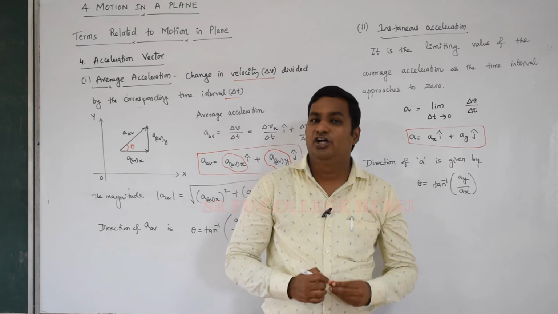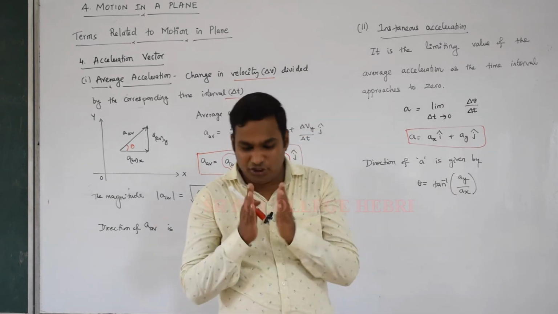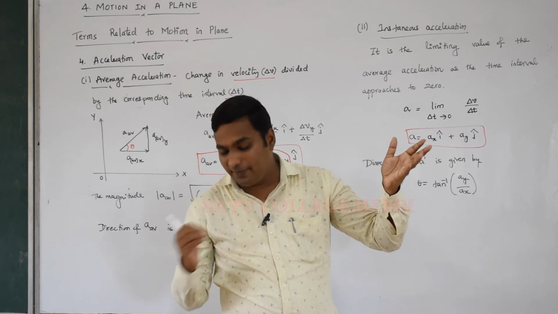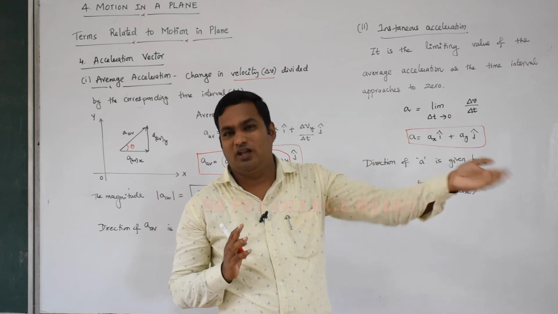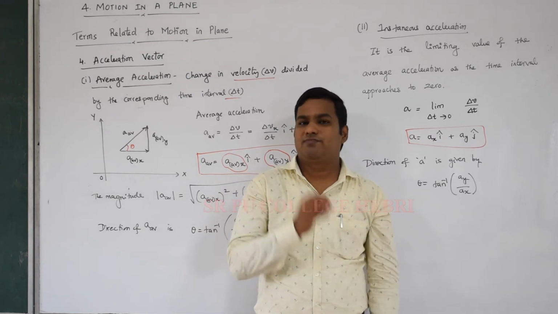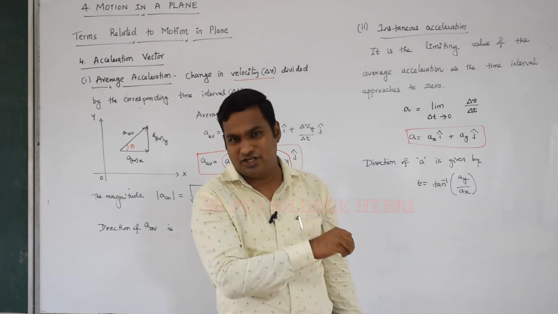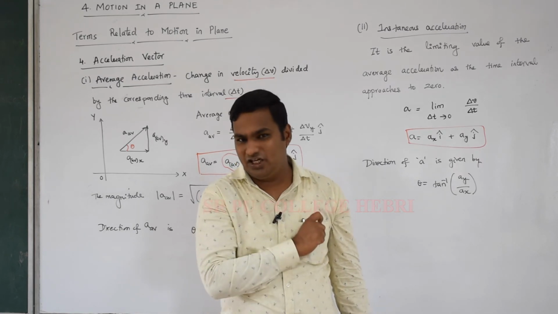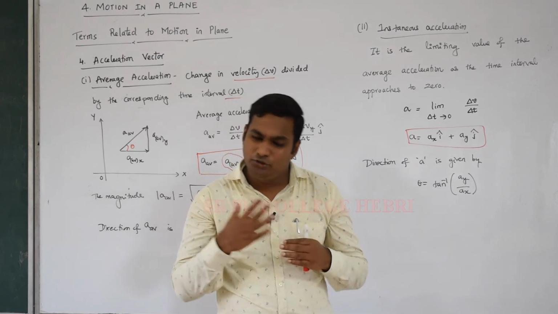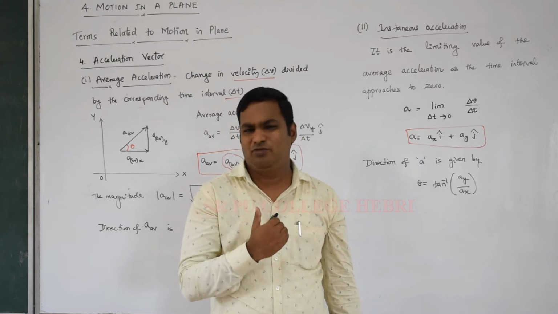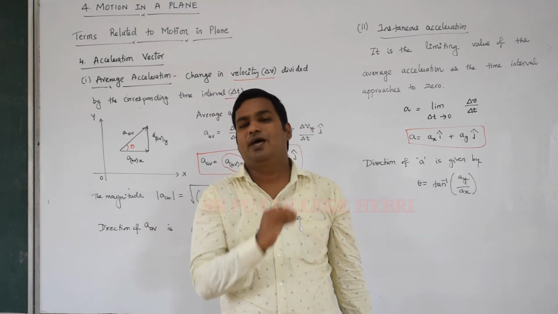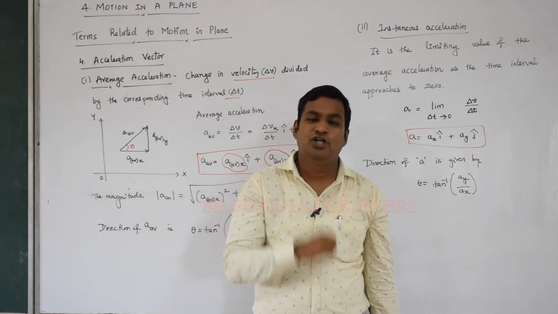Dear student, in today's video we learned position vector, and I provided the definition of position vector. We learned displacement vector depending on position vector. Again we learned velocity, along with that we learned acceleration vector. Dear student, why is this vector concept required in case of displacement, velocity and acceleration? I already said, the reason is to represent direction in 2 dimension or 3 dimension. Usually we think about the vector concept in 1 dimension. It is very easy to analyze. That's why vector concept is not that essential, but in 2 dimension and 3 dimension, the vector concept is essential to indicate the direction.